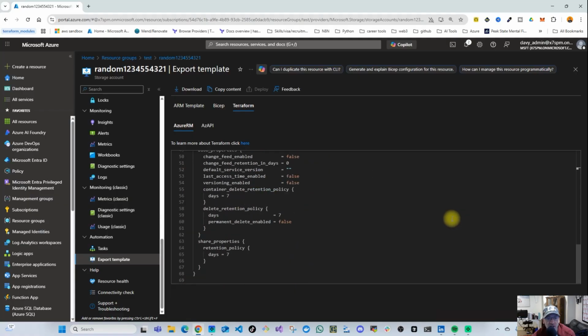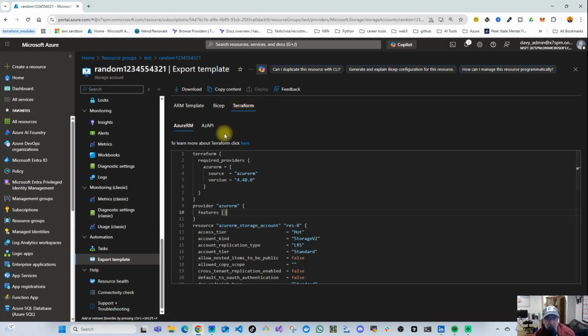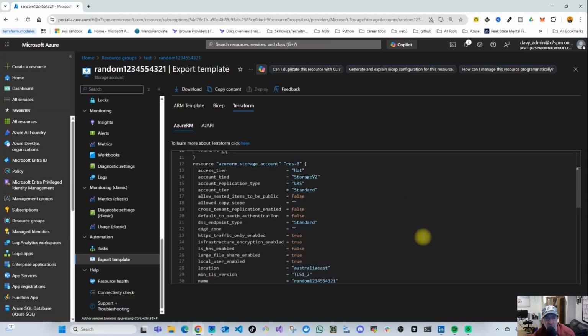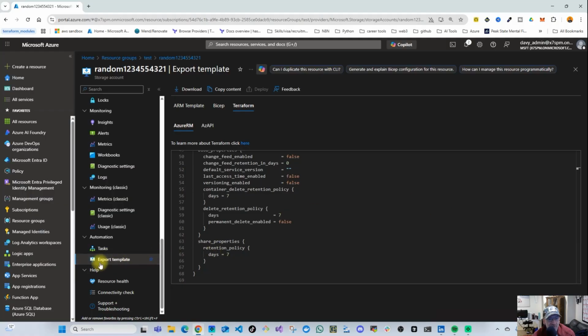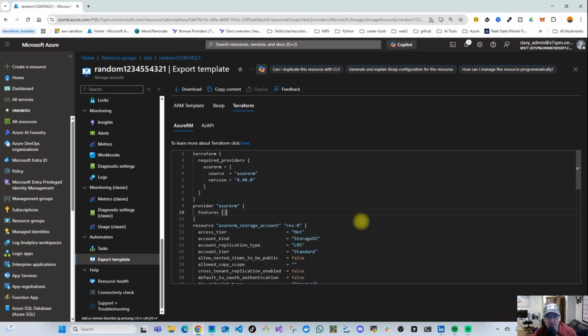Okay, but you can see here how good this here little feature is, folks. Terraform Azure Resource Manager. It can save a lot of time and headache about going and changing settings in VS Code, pushing that to a GitHub repository, possibly pushing it through a GitHub Actions pipeline, and then finding out, oh, I've got the wrong value, or I've got the wrong name for that setting that I thought was going to change in the portal. But yeah, export template, folks. Terraform Azure Resource Manager. It's exactly what gets deployed when you use the Terraform Azure Resource Manager, folks, for, in this case, a storage account or any other